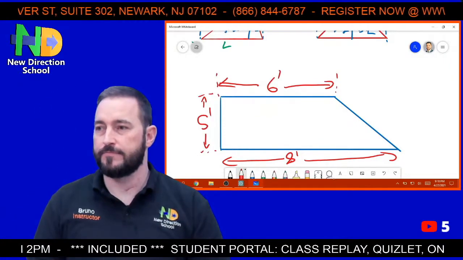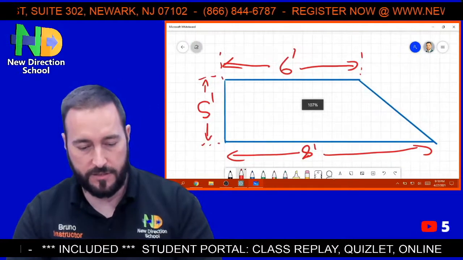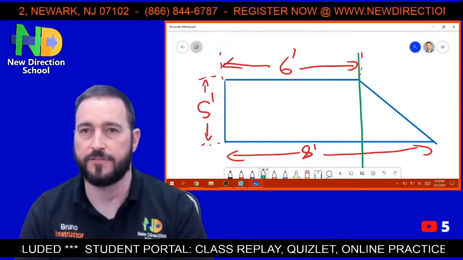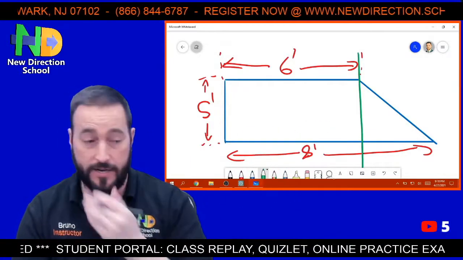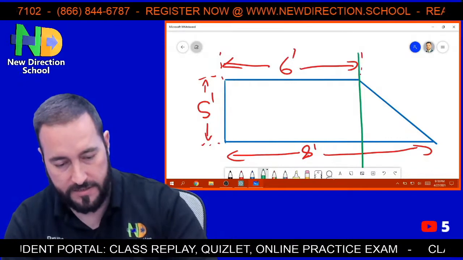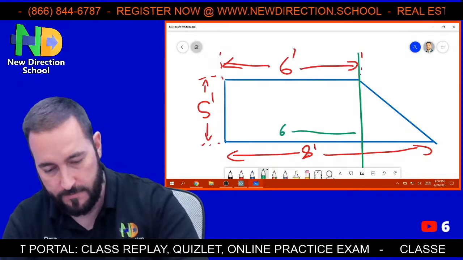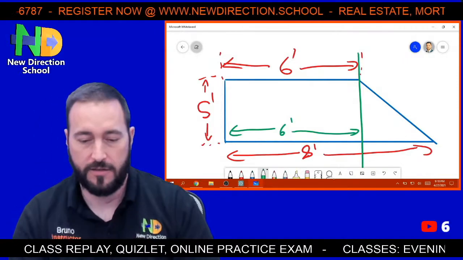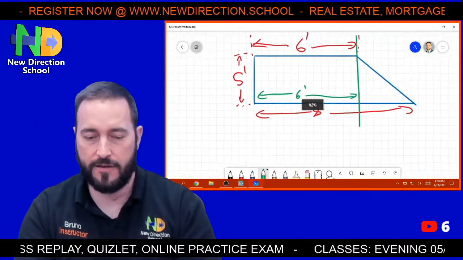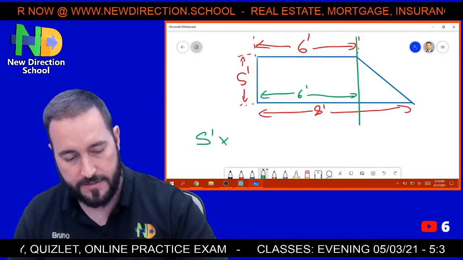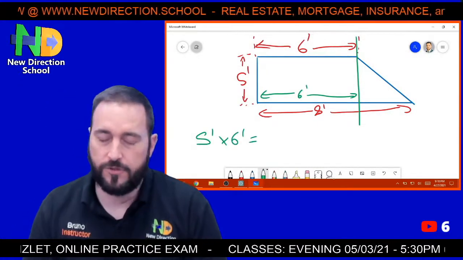Good so far? Okay. So what I was telling you to do is we're going to cut this into 2 known shapes. So now we have a rectangle, we have a triangle. The rectangle is easy because this 6 comes down, just to make it similar to what we've been doing so far. And now the area of the rectangle, it's 5 times 6, which equals,